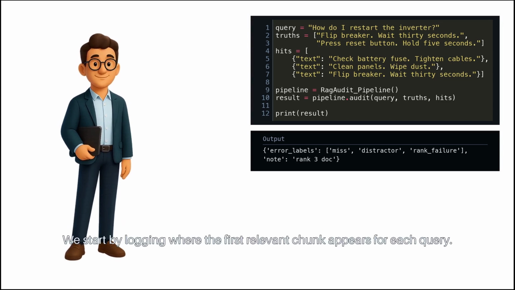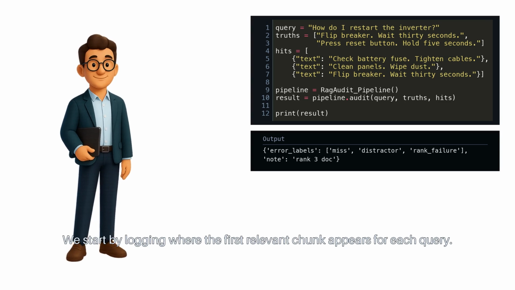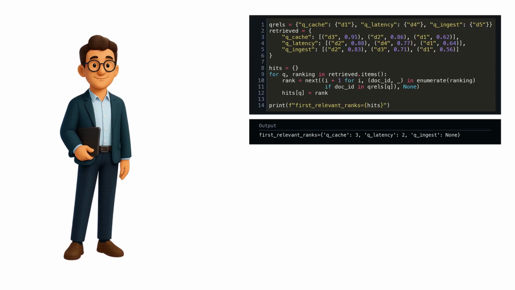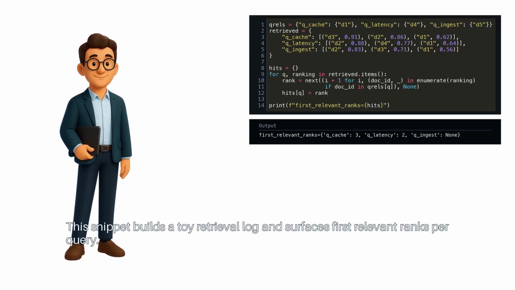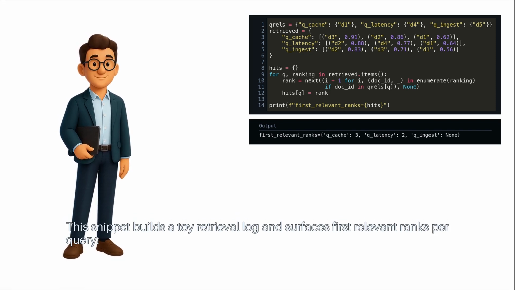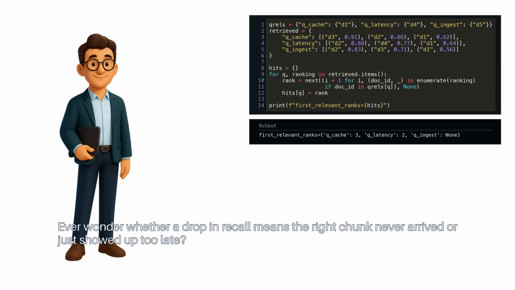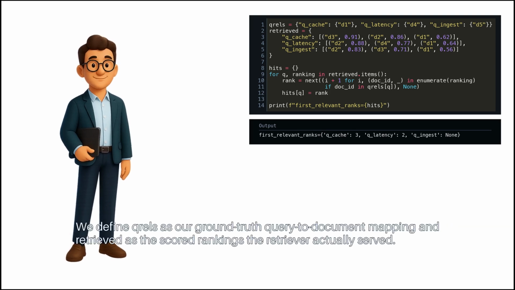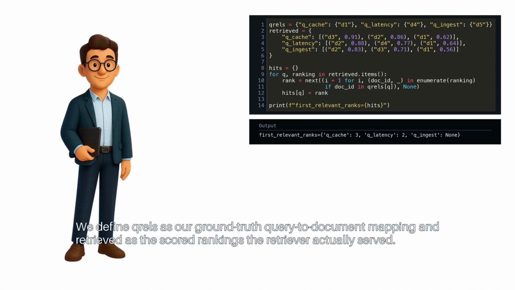We start by logging where the first relevant chunk appears for each query. This snippet builds a toy retrieval log and surfaces first relevant ranks per query. Ever wonder whether a drop in recall means the right chunk never arrived or just showed up too late? We define CRELs as our ground truth query to document mapping, and retrieved as the scored rankings the retriever actually